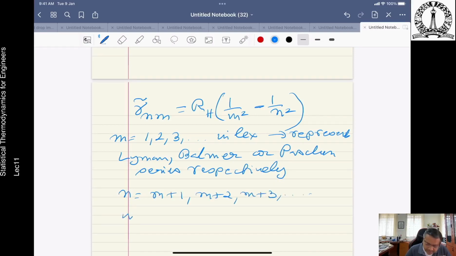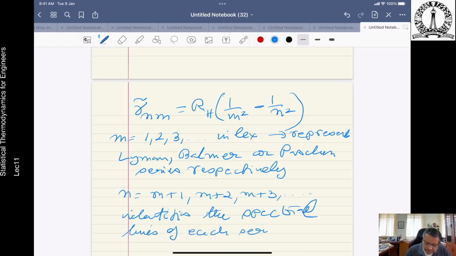This identifies the spectral lines of each series,